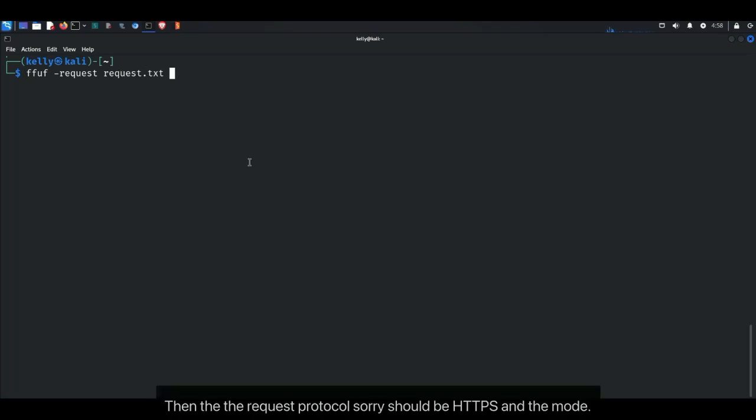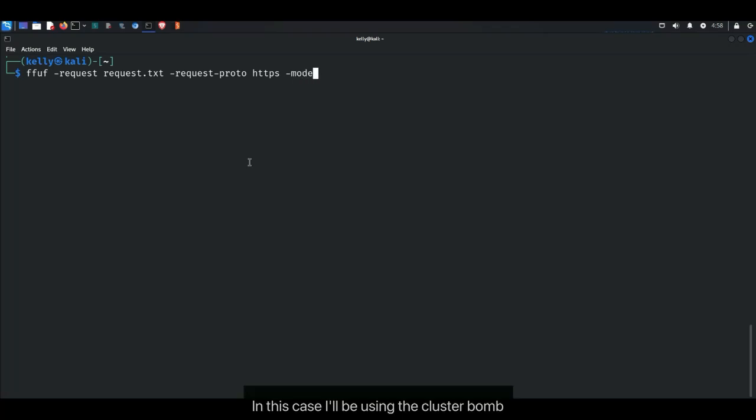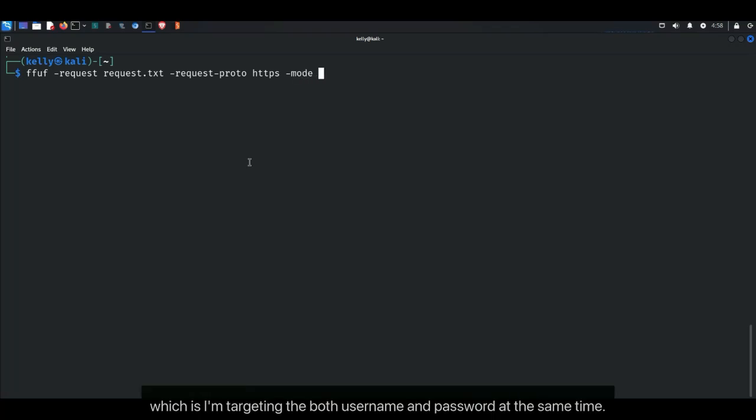Then the request protocol, sorry, should be HTTPS. Then the mode, in this case, I'll be using the cluster bomb, which is